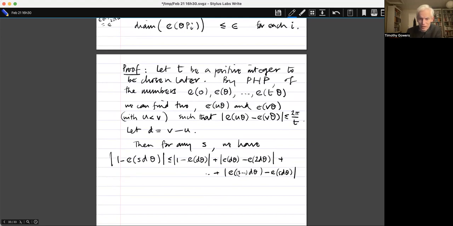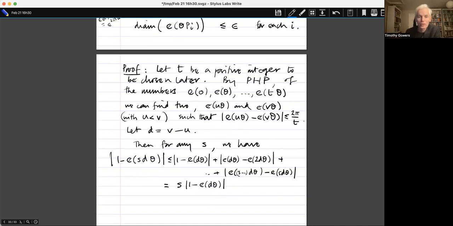But this thing is got from this one just by multiplying that by E(d theta), and that one by E(d theta). So I've multiplied this whole thing by E(d theta), which has modulus 1. So this modulus is equal to this modulus. In fact, they're all equal to each other. So that just equals s times |1 minus E(d theta)|,